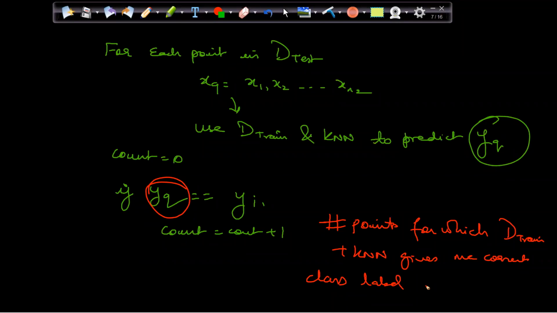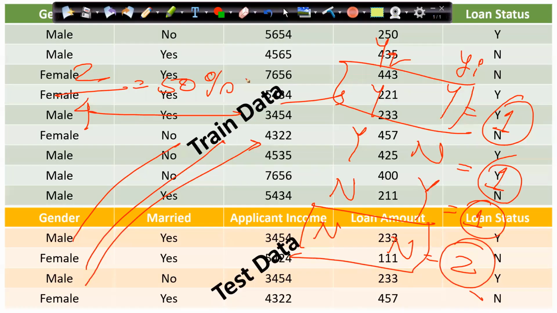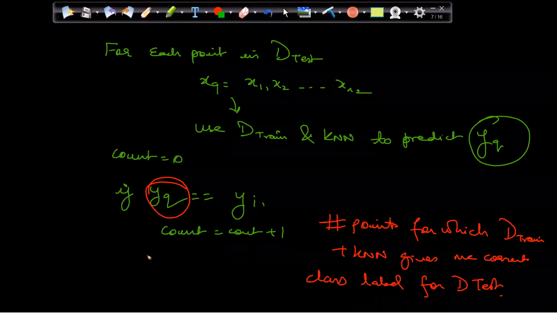Correct class label for D test. That is what we are doing. From the train data and the model which we are creating, I am passing the test data, and if it will give me correct class label, that is what I am counting here, right? That is my number of count,